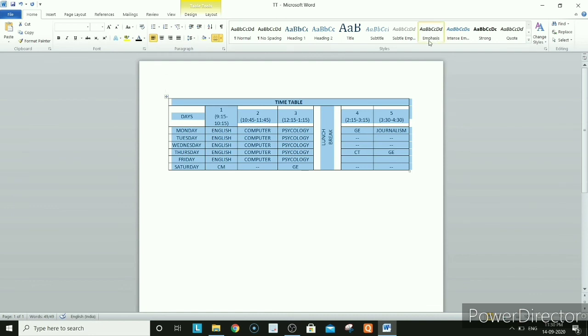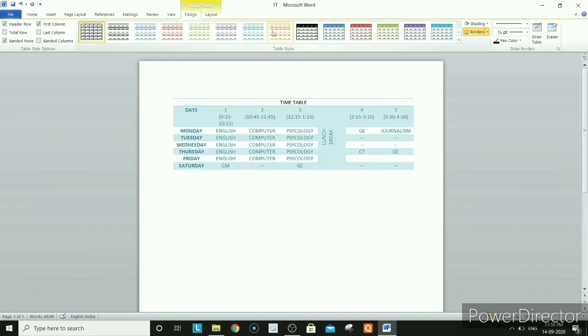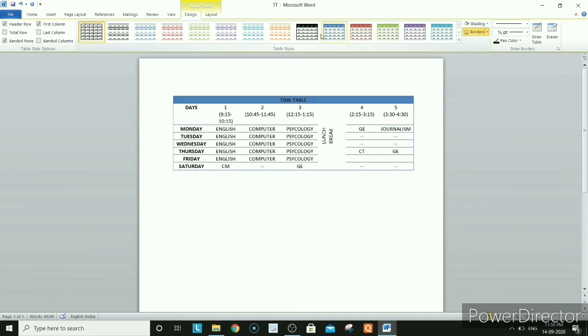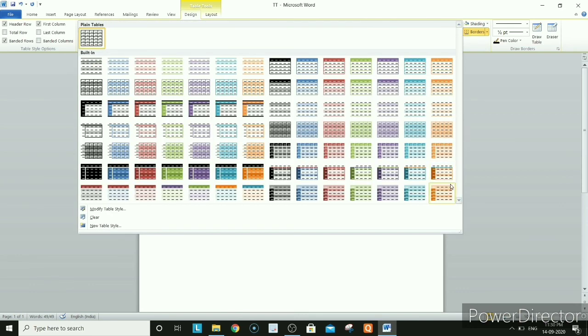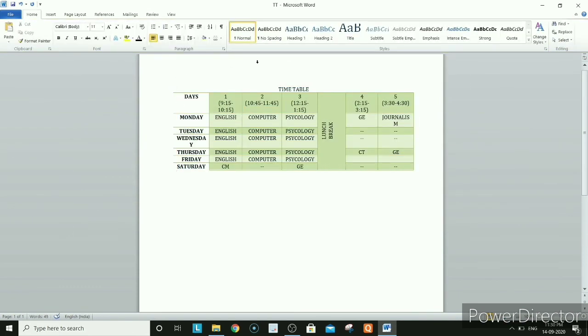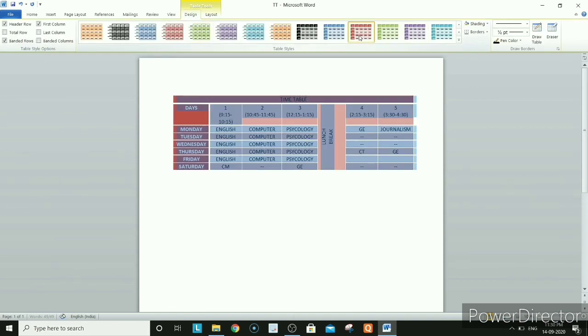Now again, see, if you want some design, I told you, click on this, double click on this, and select one. See, this is something interesting you can give. If you want to fill the whole table, like this you can give, right? So I will show you some of the things.